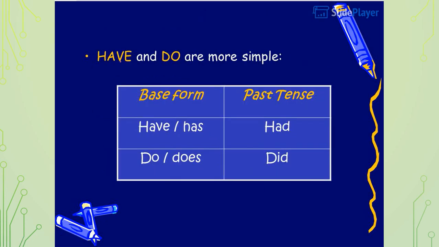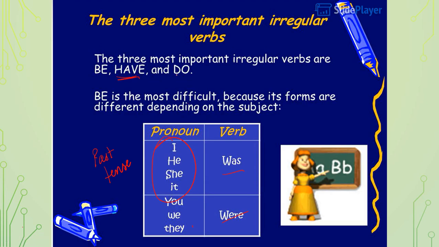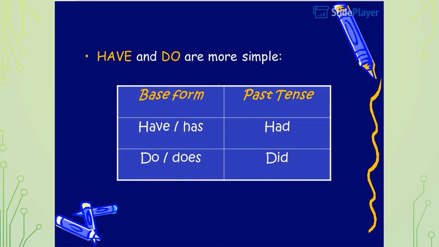Have and do. Other than be, we have two more important irregular verbs, have and do. The base form of have is have or has, and the base form of do is do or does. In the present tense, they are used as have or has. Has is used for singular, have is used for plural,